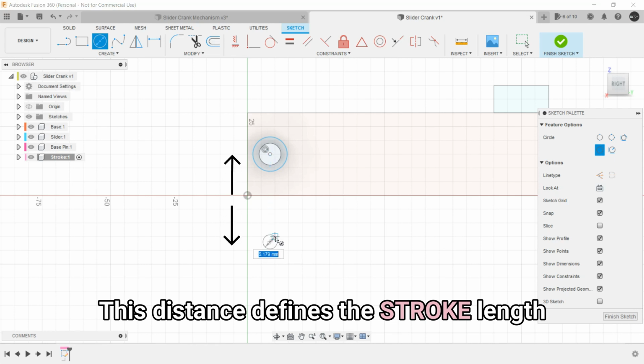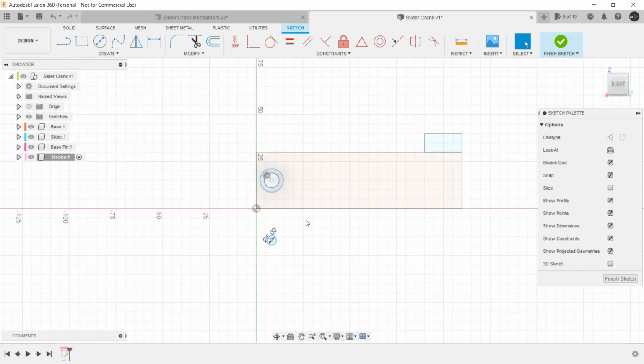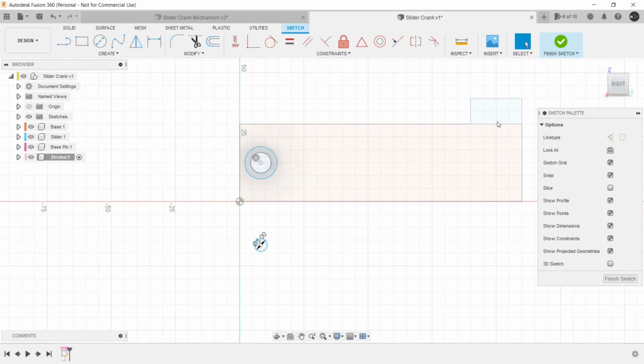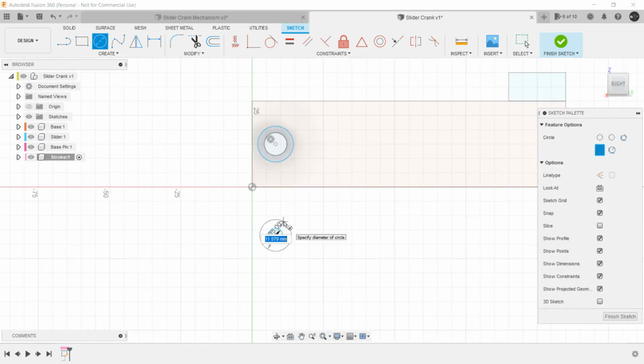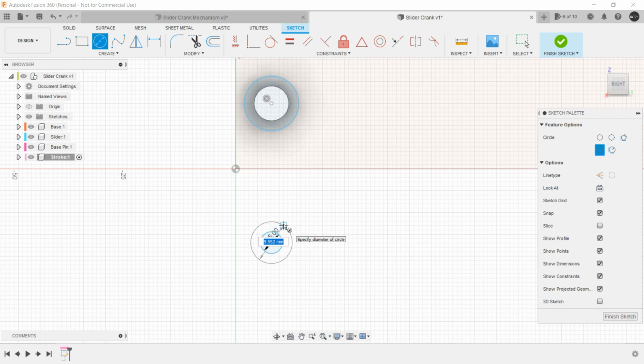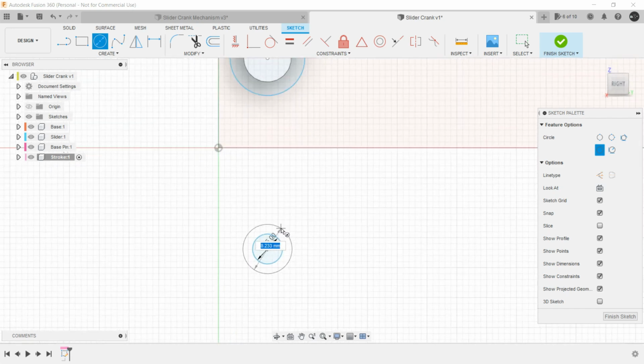You can change it to your choice depending upon the extent up to which you want this particular slider to slide. Now create one more circle. Let's make it a bit smaller as compared to the larger circle over there,